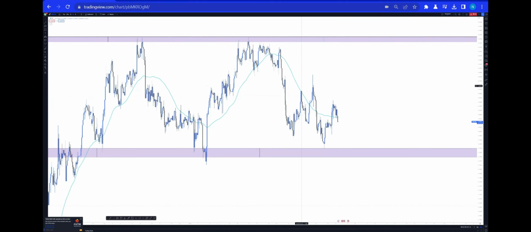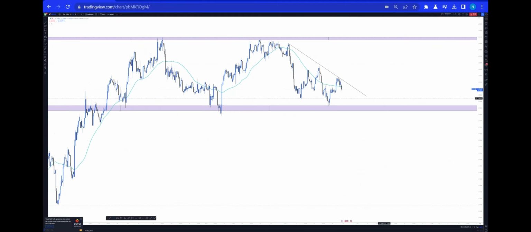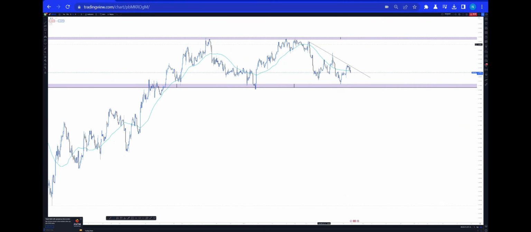But to make this easy, you guys need to start using a trend line effectively. You need to start finding where the trend is. That's why it's called a trend line. It's there for you to identify what the market trend is and where the market is going. So looking at this, I'm automatically seeing that the market is in a downtrend on